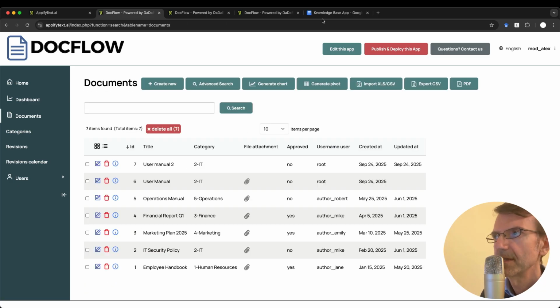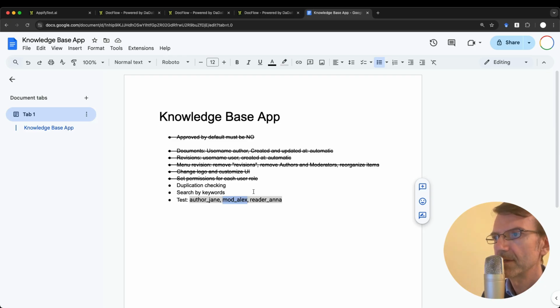Okay, this is basically all I wanted to show you. I'm not showing you duplication checking. I will just tell you that in Form Configurator for each field you have a setting for checking duplication. I'm not showing you search by keywords. There are a few other things that I wanted to do. A couple of things were related to the user interface, and another one was